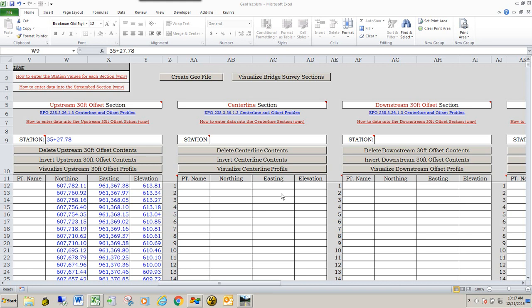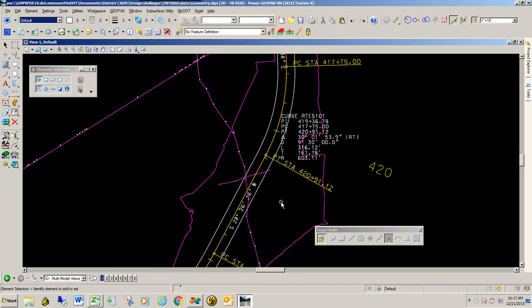Okay, the next section we're going to look at is the CenterLine section. We're going to import that geometry with the existing ground profile information into this area right here. So I'm going to go ahead and go back over to my DGN file. Our CenterLine is located right here, and what we're going to do is we're going to look at the profile